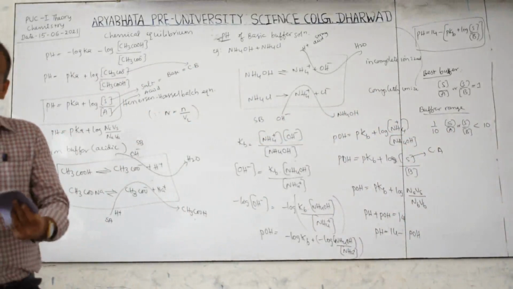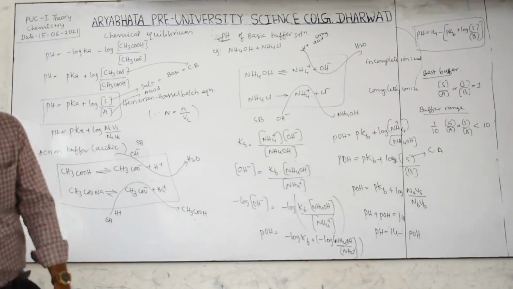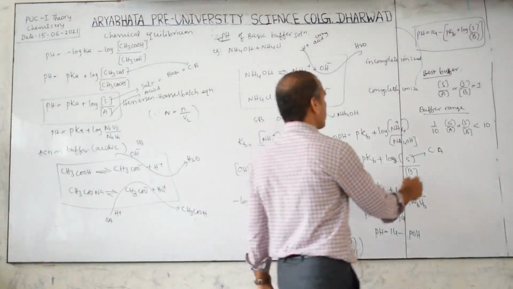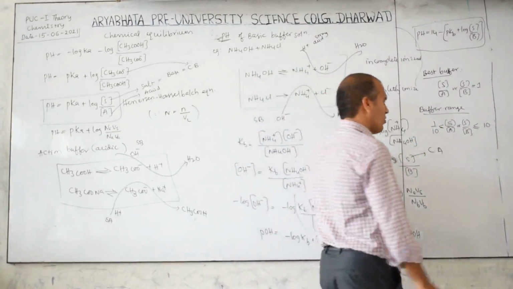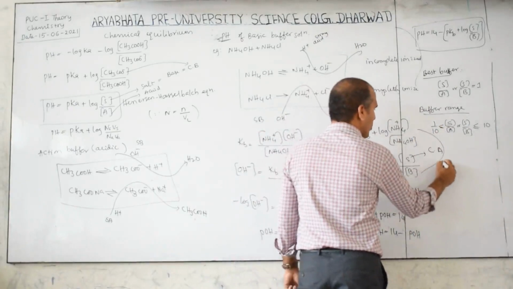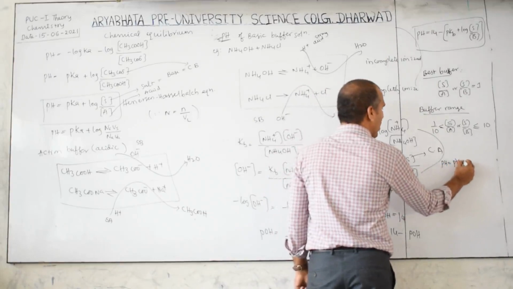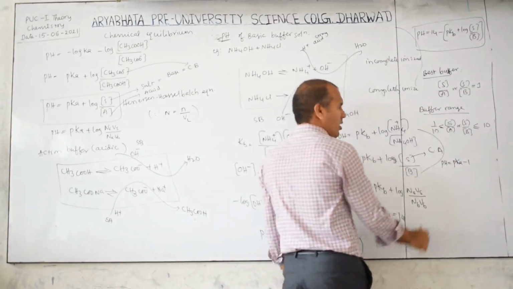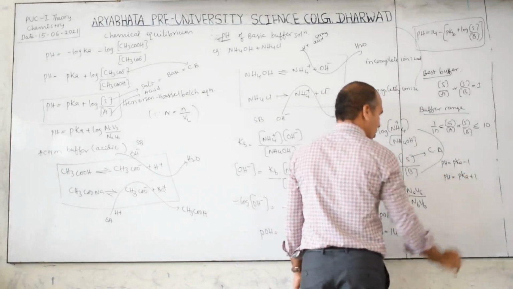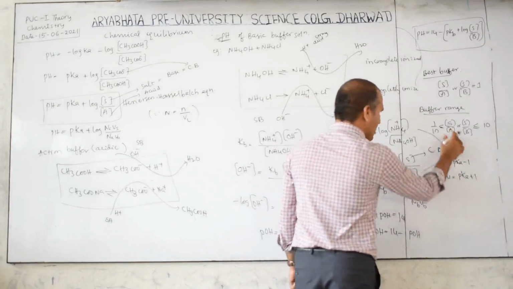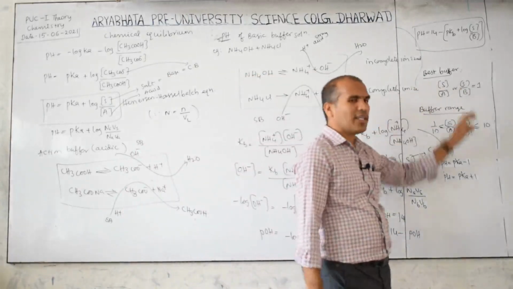Based on this, some problems also they may ask. That's why you can write equal also here, better. Less than or equal. In this range, that is called the best buffer. If 1 by 10 is there, for example this is pH for acidic buffer, then what we can write: this is pKa minus 1 when this is 1 by 10. If it is 10, then pH is equal to pKa plus 1. Therefore the best buffer is in this range. Otherwise it is close to 1, that acts as the best buffer.